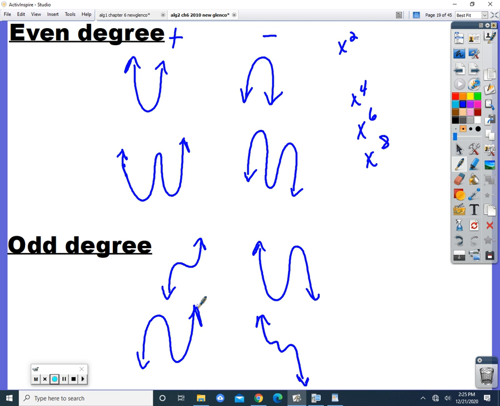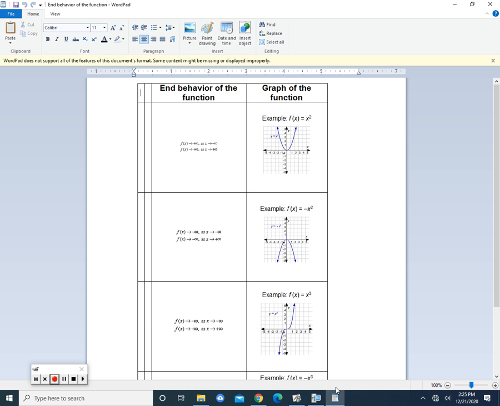So now I need you to flip that page over, because I have to talk to you about notation, end behavior of a function. You're going to need to find this paper that looks like that. You see it? Just flip it over. It should be on the back of the one we were just looking at. I need you to understand this